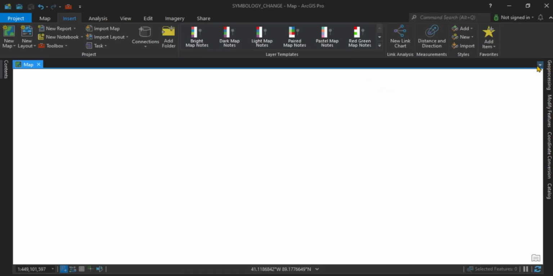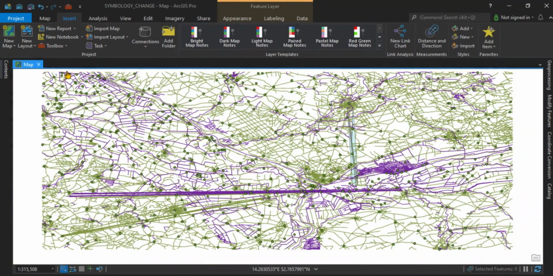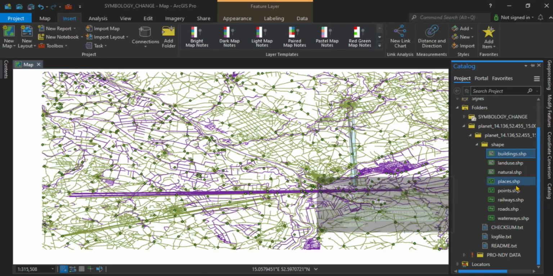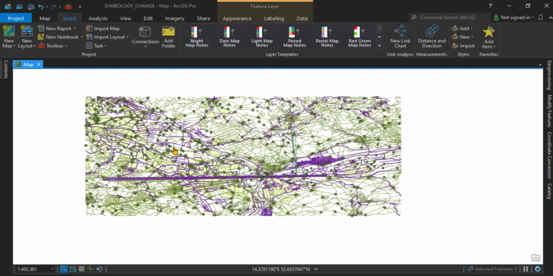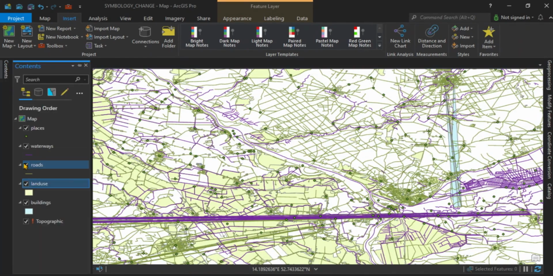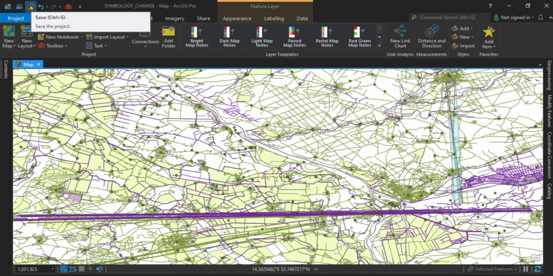Let's log into our ArcGIS. Now it is open to ArcGIS. Let's add our data that we want to use. I want to use this complex data that comprises road, building, railway, natural shop, point, road and water resources. So we have added our point, we have added our road, the built-up area, places, road, land use, buildings. We have added everything. So I will drive you on how to